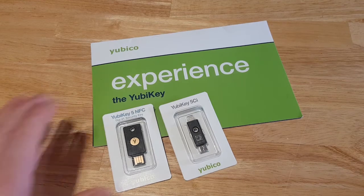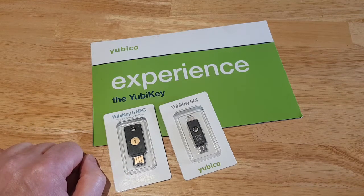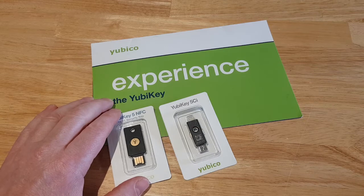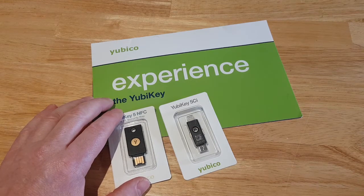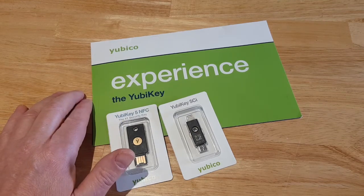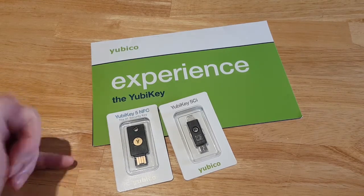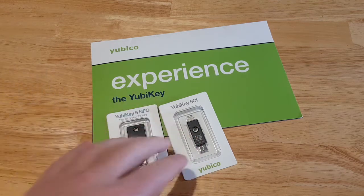Today we have the Yubico 5NC NFC and we have the Yubico 5CI. In essence, the Yubico are designed to protect your online accounts from phishing and account takeovers using two-factor authentication. Two-factor authentication is actually just using two different logins. One could be a password and one could be physical hardware. It could be software. This particular thing is a security key, using the